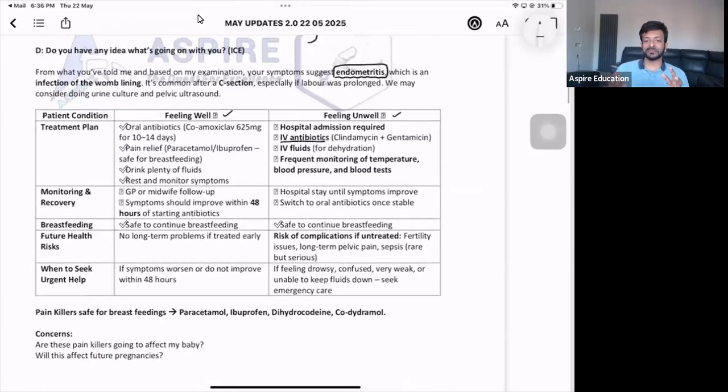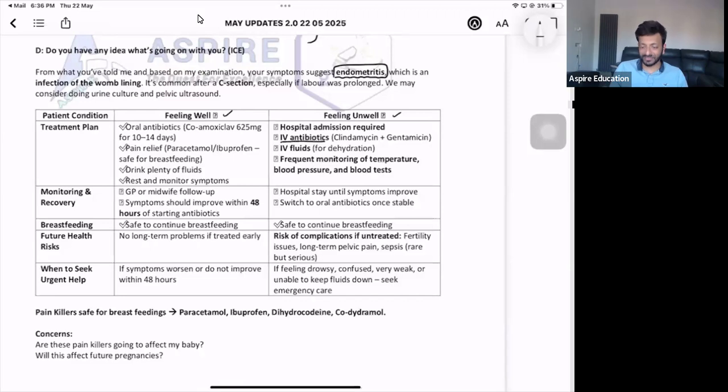Now, a lot of candidates will ask me, are we supposed to know the name of the antibiotics or not? That's really important. So, if you know, it's good. If you don't know, that is absolutely fine. Because you can always say, we'll be starting you on antibiotics according to the hospital protocol. It's fine. It's okay. It's not a big deal. Of course, if you're writing a prescription and they have said, okay, which antibiotic, in that case, you will have the time to open the BNF to find out which drug. But if it is a normal consultation station you're getting, and if you don't know the name of the antibiotic, it is not a big deal.